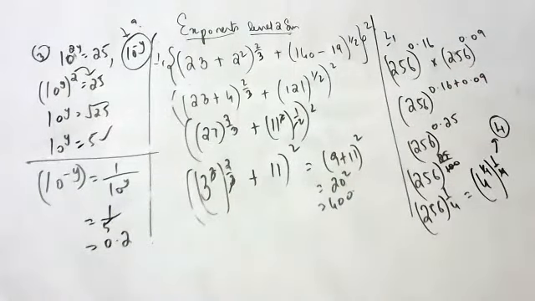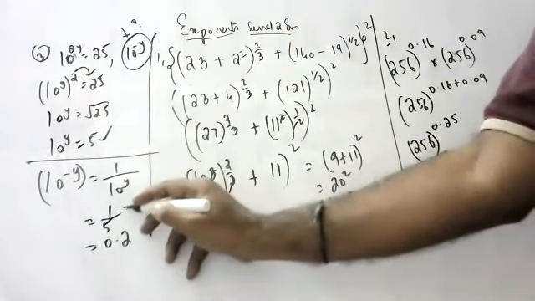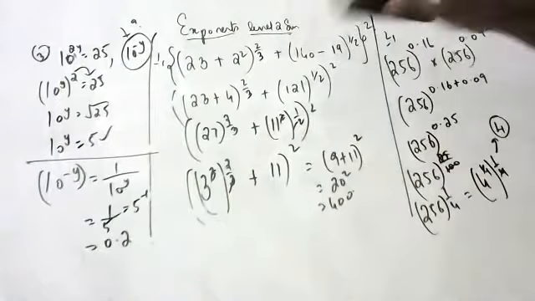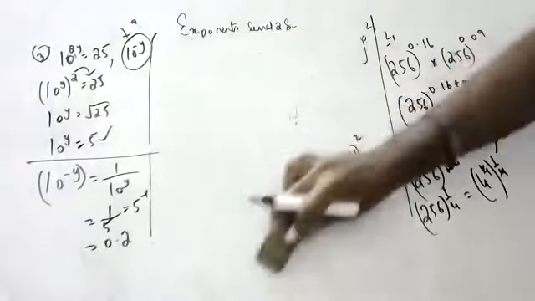Sir, 5 to the power of minus 1 also we can write? Yes, you can write 5 to the power of minus 1, or the best answer in decimal form is 0.2. Okay, children, like that you will get. Each sum you have to do 2 times and you have to send to me as homework, children. Third sum, 3 sums over. Fourth sum, children.